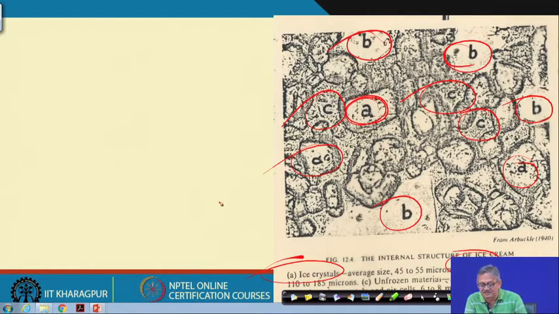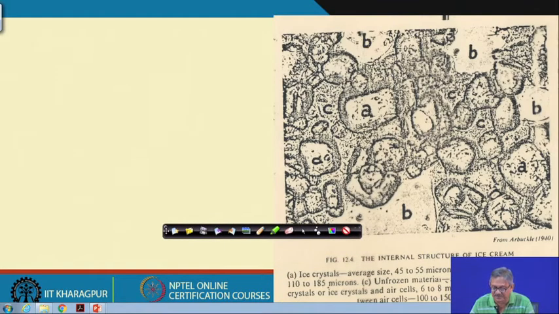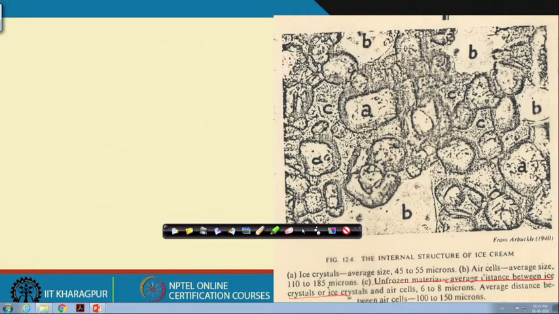And another thing which you need to know is that, let me take it temporarily to this side, because temporarily I am taking it. Okay. So, here you see that the unfrozen material is C, and the average distance between ice crystals and air cells is around